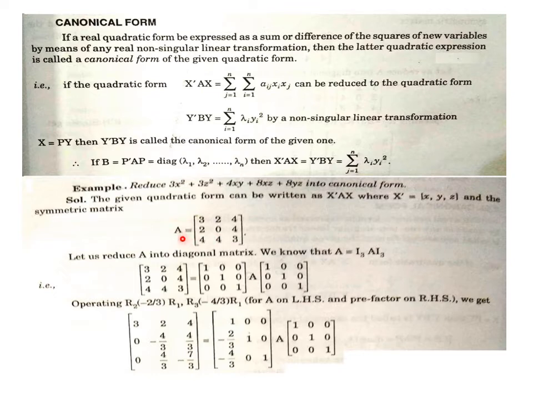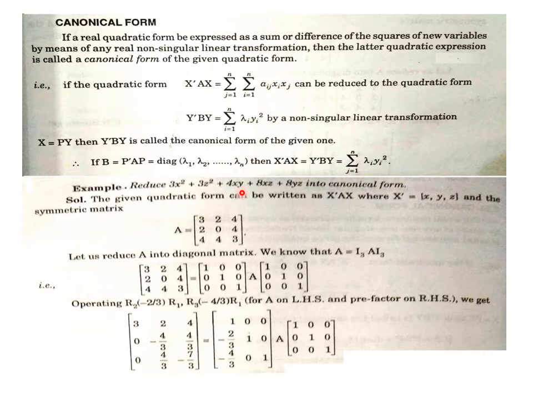How is it possible? That matrix A is created by that quadratic form. How? Say the coefficient of the first variable's square, that is x square, considering x as the first variable, is 3. So it's 1 1 position, x into x, 1 1 position. Fine. So the coefficient is 3. Then the coefficient of y square is not there, so the 2 2 position of that matrix is 0, and the coefficient of z square is 3, so 3z square is z into z, the third variable considered. So the 3 3 position is filled with 3. That is about filling the principal diagonal first. Then we talk about the remaining elements.